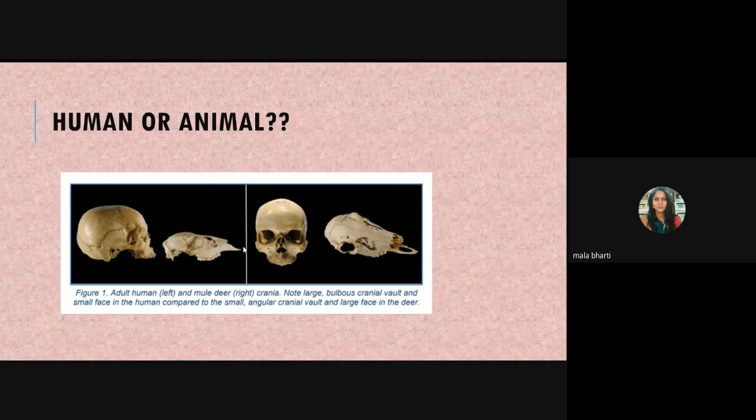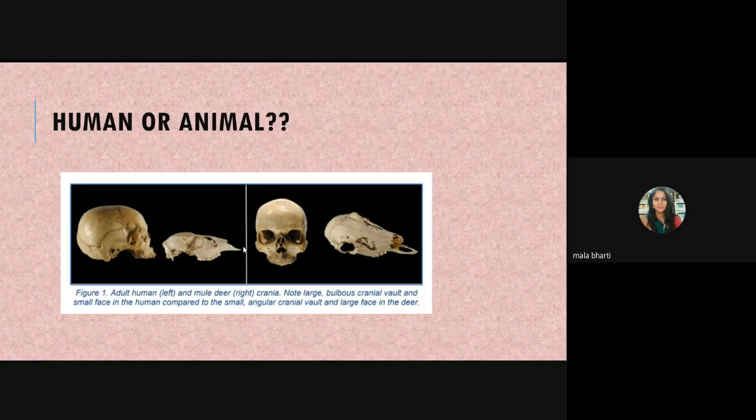Because the bones look pretty similar, be it the humerus or femur, they look pretty similar in shape, whereas there are small peculiarities in human and animal bone which can be used. Those differences can be used to distinguish whether it's a human or animal bone. And the most important of them is that we are bipedal and animals are quadrupedal, which plays a big role in the anatomical differences between human and animal.